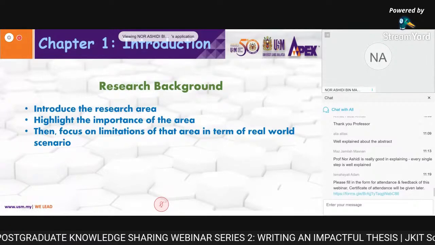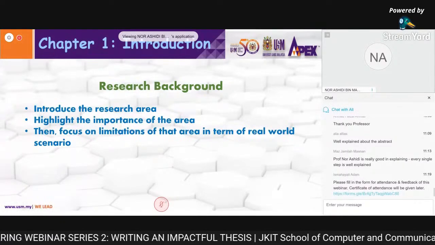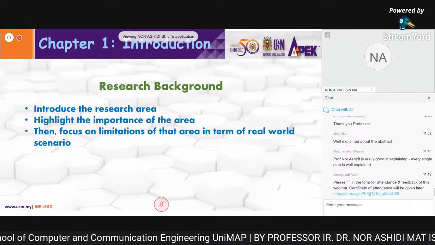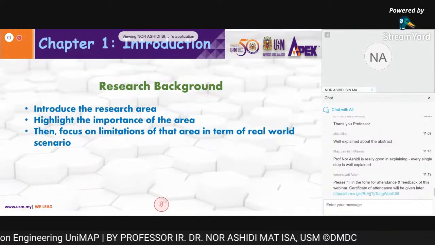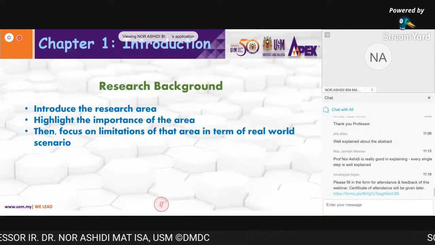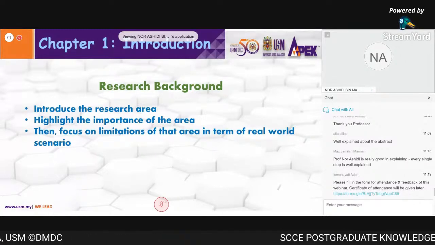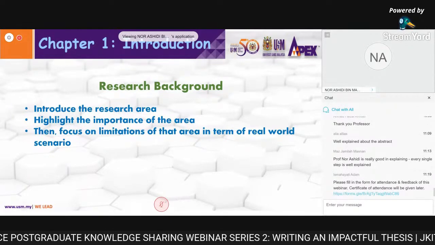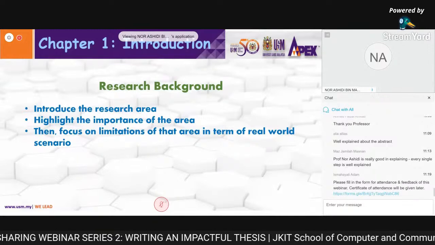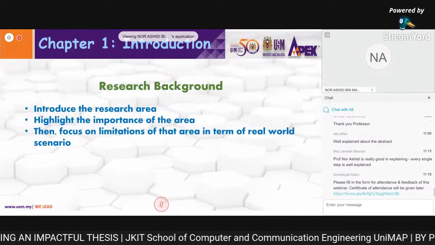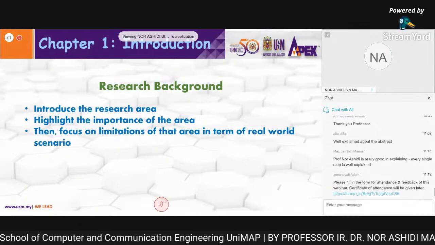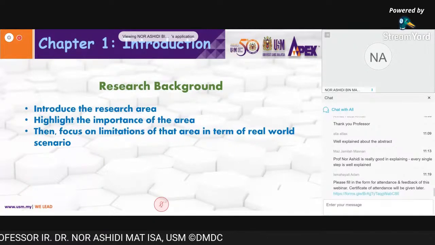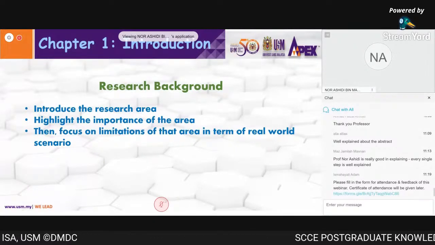As I mentioned to you, for the PhD there are two types of research gap you need to know. The first one is about the real world. The second one is about the state-of-the-art methods. The state-of-the-art method is the thing that you want to focus on. The real world is where everybody tries to overcome the problem. So that's what we call a real world scenario, and this is not your specific research gap. You need to know the problems of everybody's work. That is what we call a research gap.